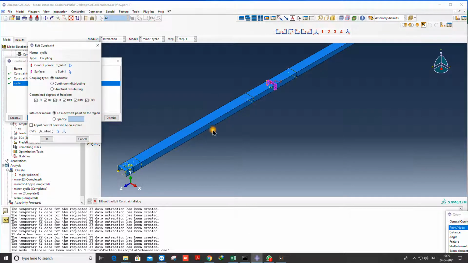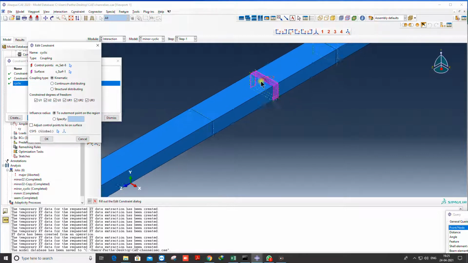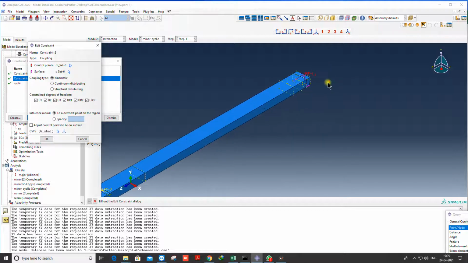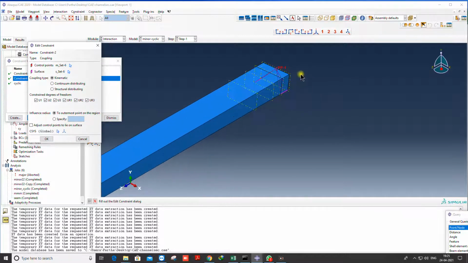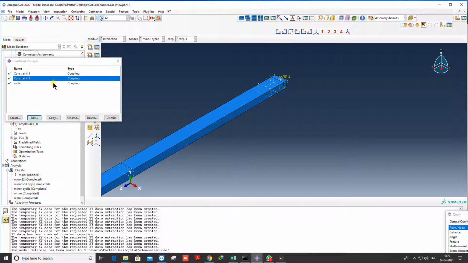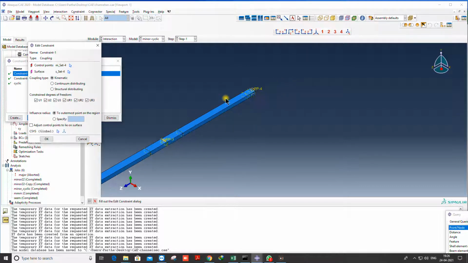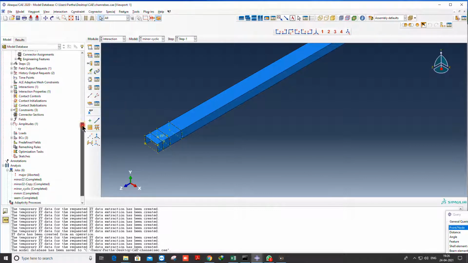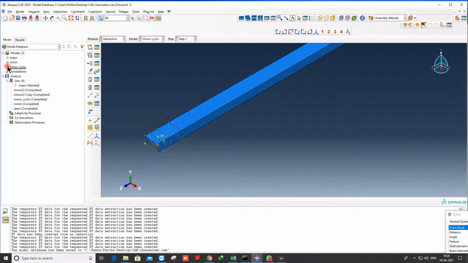So here I have coupled this portion, this is the right portion, and in the paper no data is given properly, so whatever support condition I found suitable, I have just used that to validate the model. So the minor axis has been validated, and the major axis has a little difficulty in validation. So I'll simply delete all these jobs, because I don't need them.